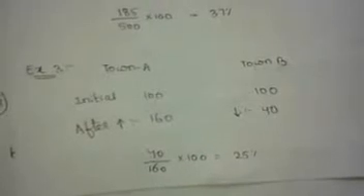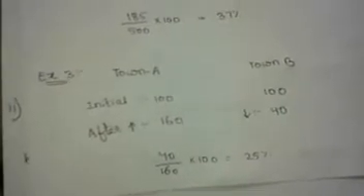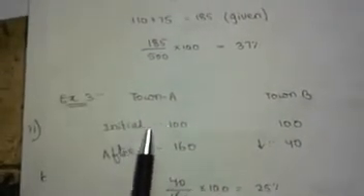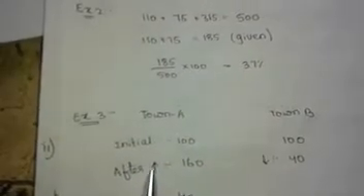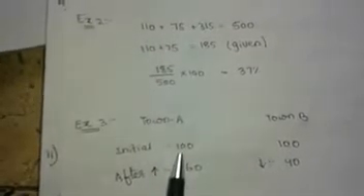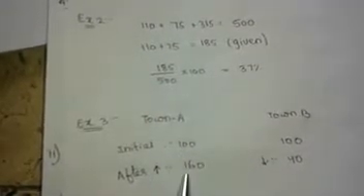So in such cases, what we do is assume a value and then calculate the required answer. The best thing that we can do is assume a round value, which could be either 10 or 100 or even 1000, and the best thing that we can assume is 100. Let us assume that the initial value of town A is 100. After the increase, town A increased by 100%. So 100% of 100 would obviously be 100 and the total would be 200.